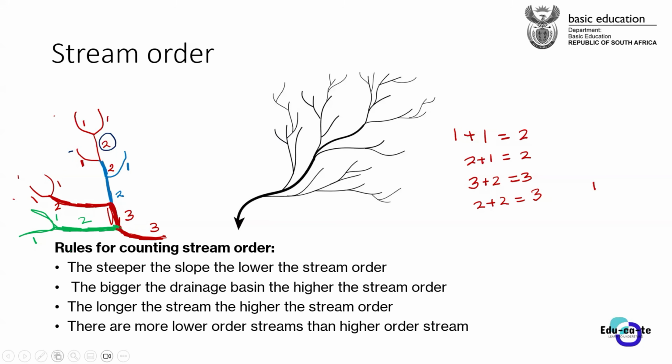So when you're adding a bigger stream and a smaller stream, the stream will continue being the bigger stream exactly as it is. Because when we are combining this stream order 3 with this stream order 2, the stream order 2 is just like a stream that has got less water compared to stream order 3. So its effect is less. It's like you are adding small waters to bigger waters. So we'll just say that it will remain as 3 in a sense. You can kind of get the sense.